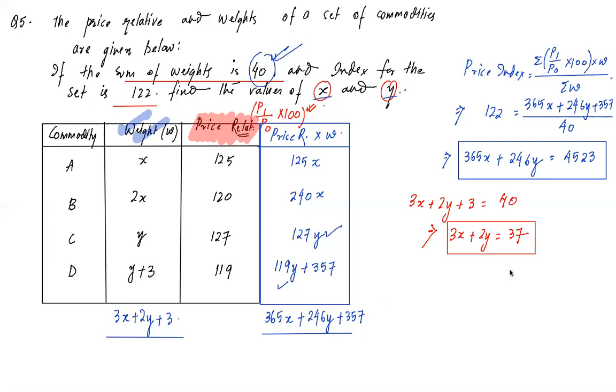Now, these are the two equations we were looking for solving x and y. इन दोनों equation को हम simultaneously solve करते हैं. 3x plus 2y is equals to 37, and the above equation get me the values of x and y. So on solving this, you should get x is equal to 7 and y is equals to 8. These are the required answers for this question. Unknown value x is equal to 7 and y is equals to 8.